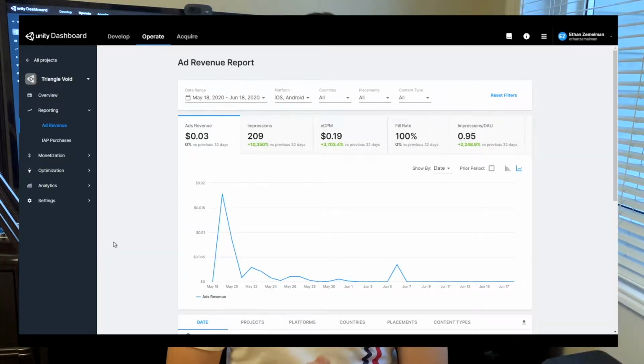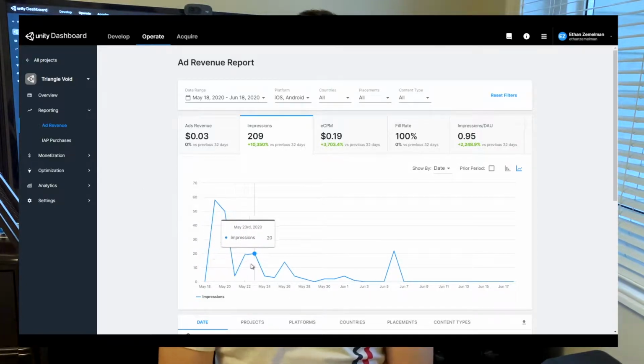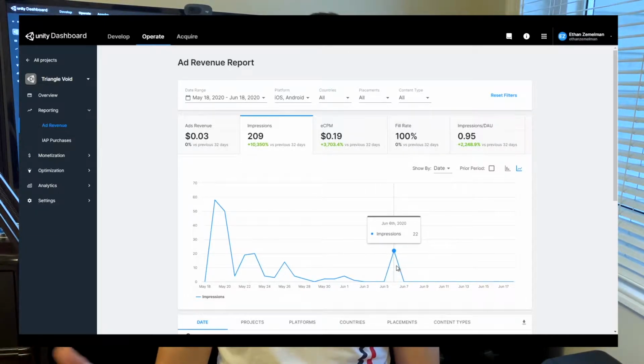So as you could see on the screen, I made a whopping 3 cents in the first month of releasing my game on the App Store simply from ad revenue, which isn't much at all, and you were probably expecting a much higher number, maybe not. And you can also see that I got 203 impressions in the first month, and those impressions were mainly from people I knew. There were a few other people that I didn't know that downloaded it as well. I'll explain that in a bit, but mainly it was people I knew, because I told everyone I knew to